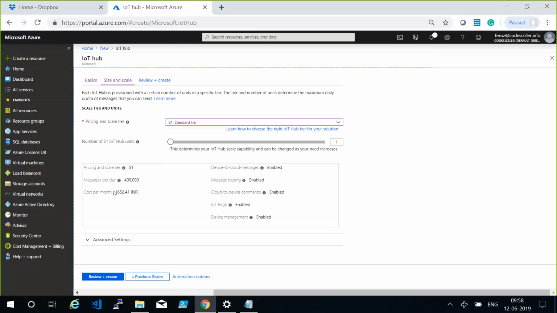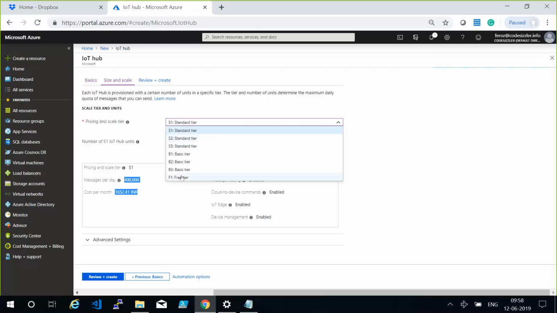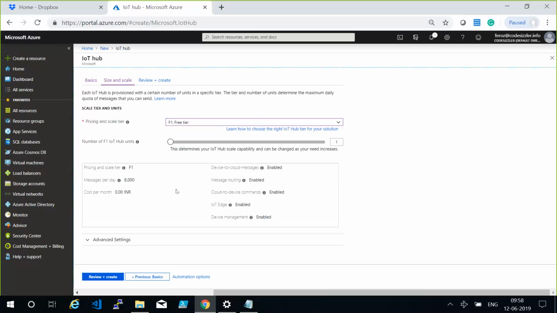But the billing is a bit high, costing per month, and this is only for demo. Recommended to go with free, so you guys can also go up with the free one. It's going to support you with everything, because we have less data that we are going to ingest. Device to cloud messaging can be supported, message routing, cloud to device commands, IoT Edge,